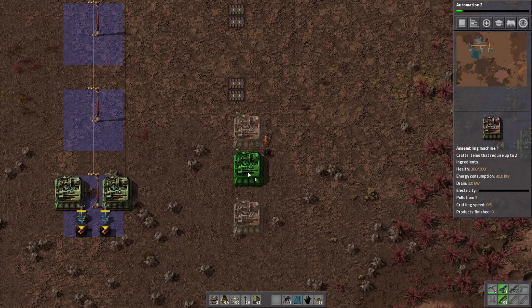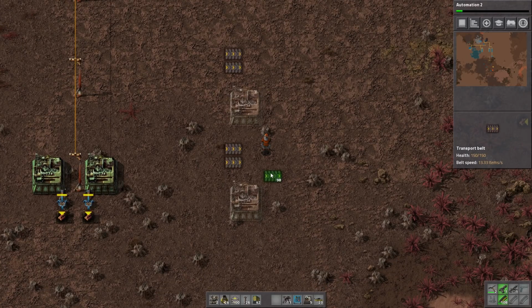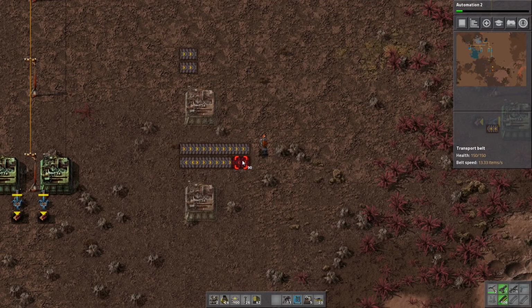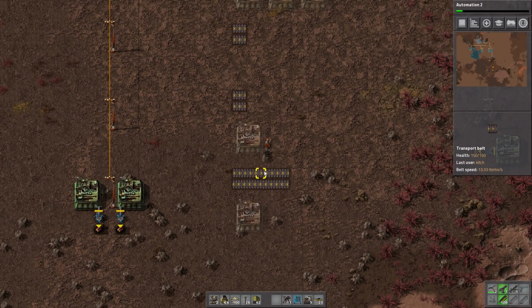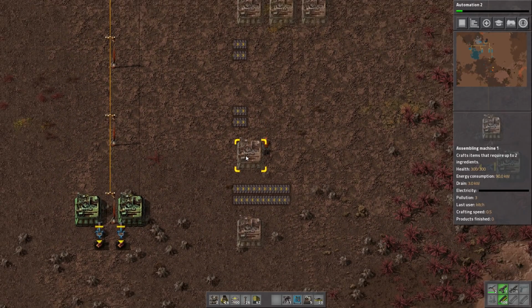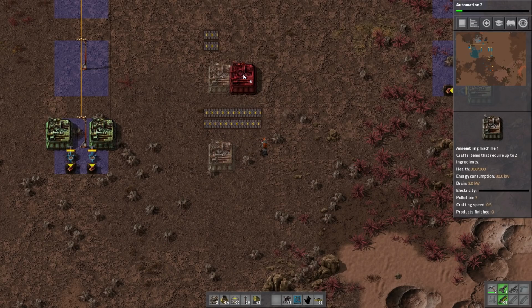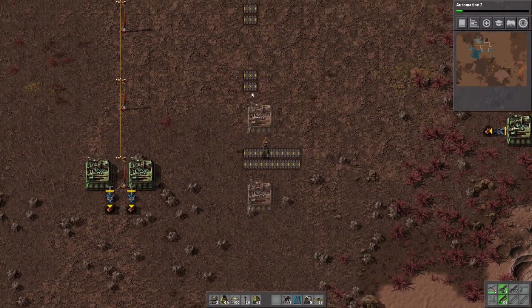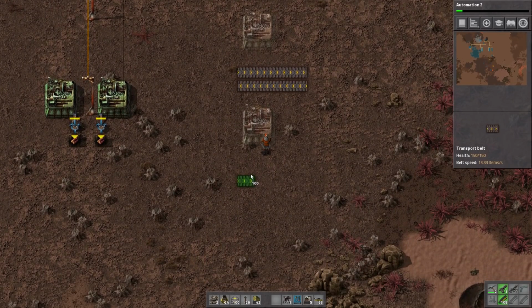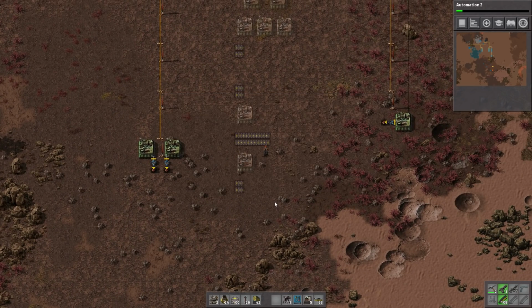Let's see, we actually need one extra space. So actually, one of these is going to be plastic and green circuits, I believe, and copper is going to run on the outside. And that's really all we need. This is going to be red circuits, and I think that is going to be plenty. And actually, what we want to do...